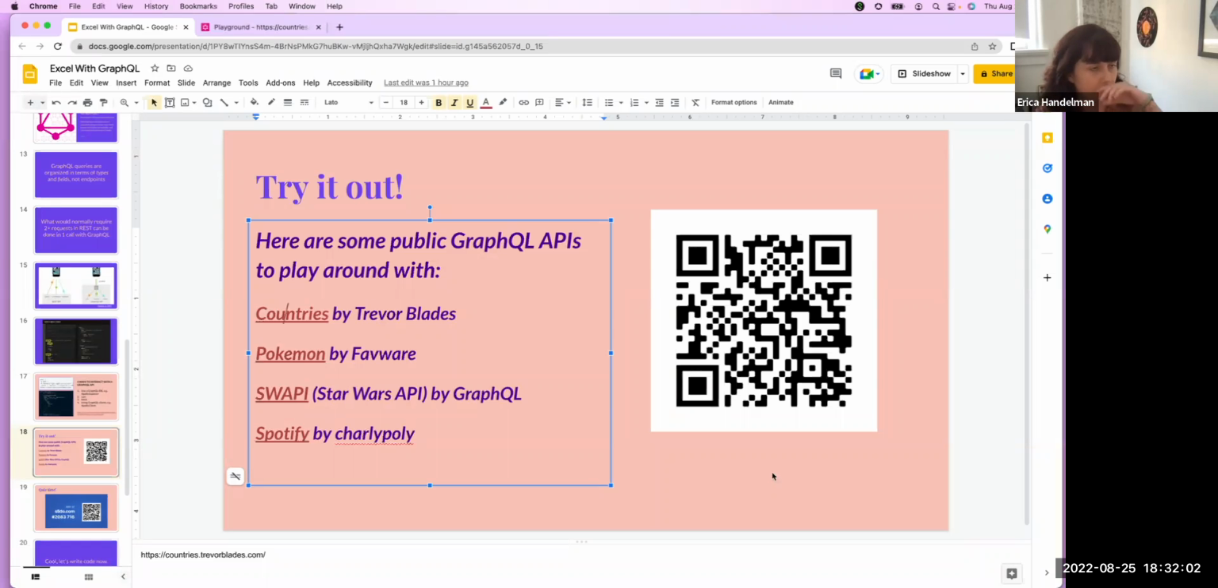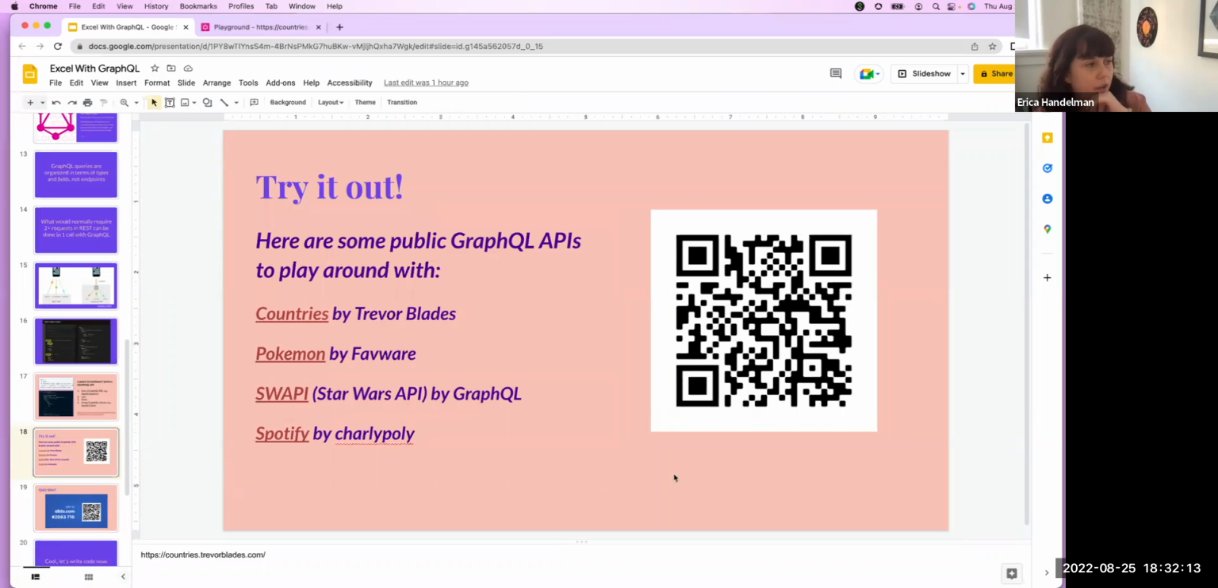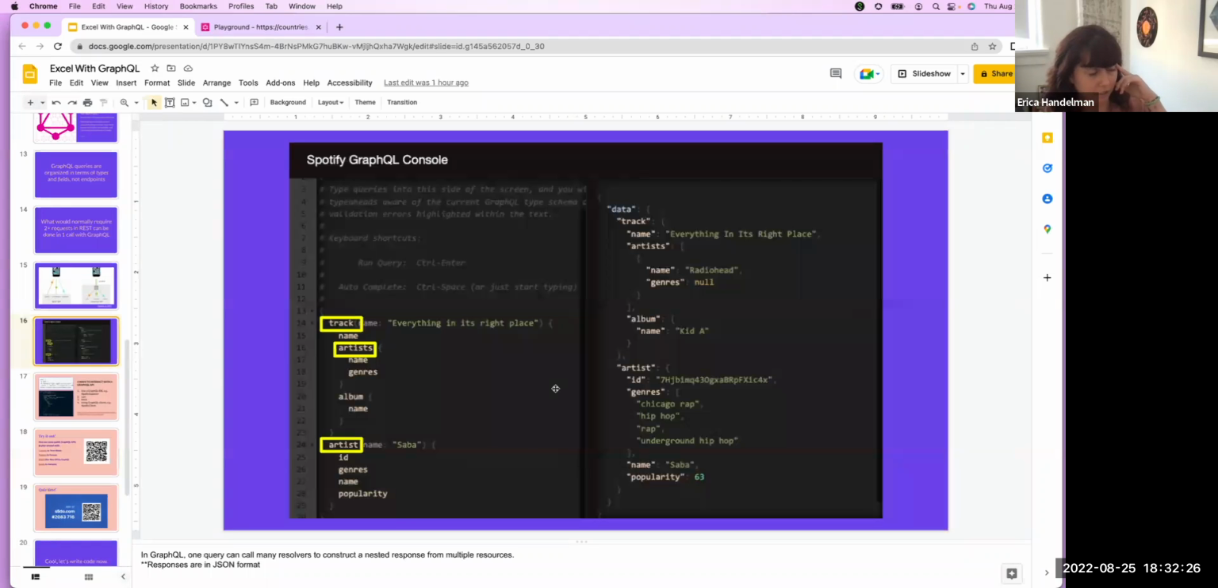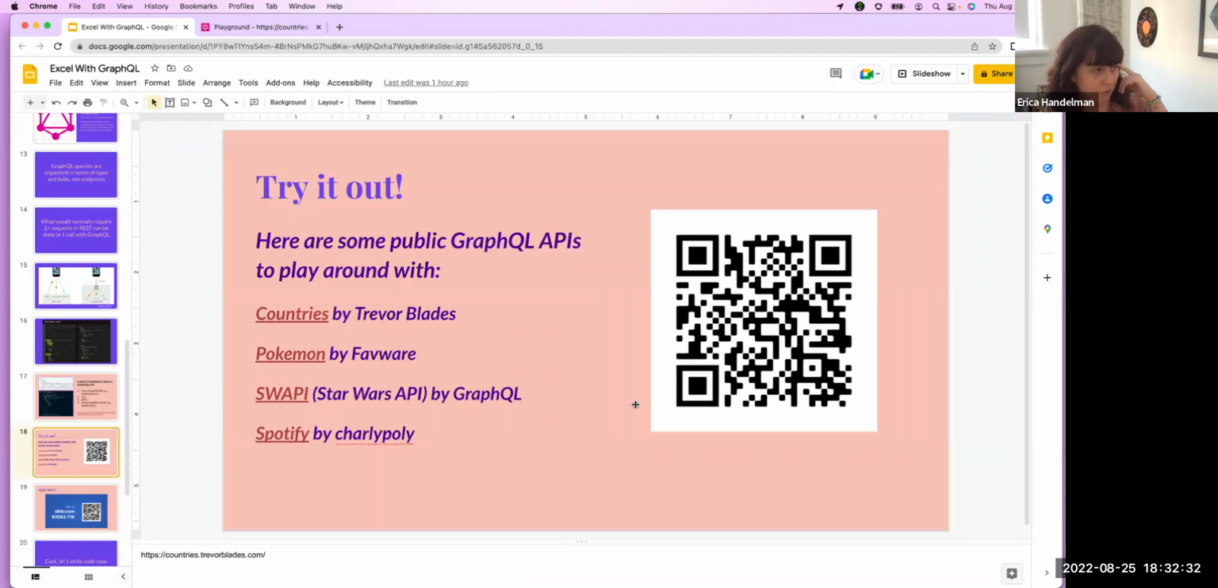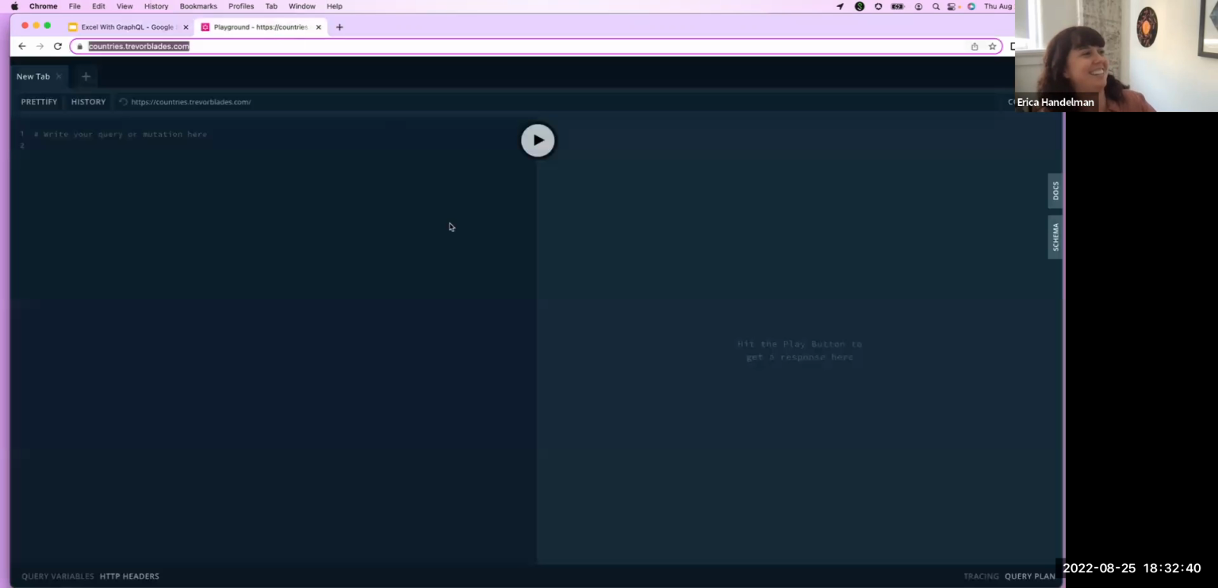So if you use the QR code, or if you went to the link that I just posted in the chat, it connects you to a public API by Trevor Blades called Countries. I'm not sure what the protocol is with Women Who Code, if there's a way to share out these slides, but I did include some links to some other public APIs that are fun to play with, including the one that I pictured here that is the GraphQL version of the Spotify API. There's a Star Wars one, there's a Pokemon one, so there's really something for everyone, and I chose possibly the most boring one to use for today's example, but